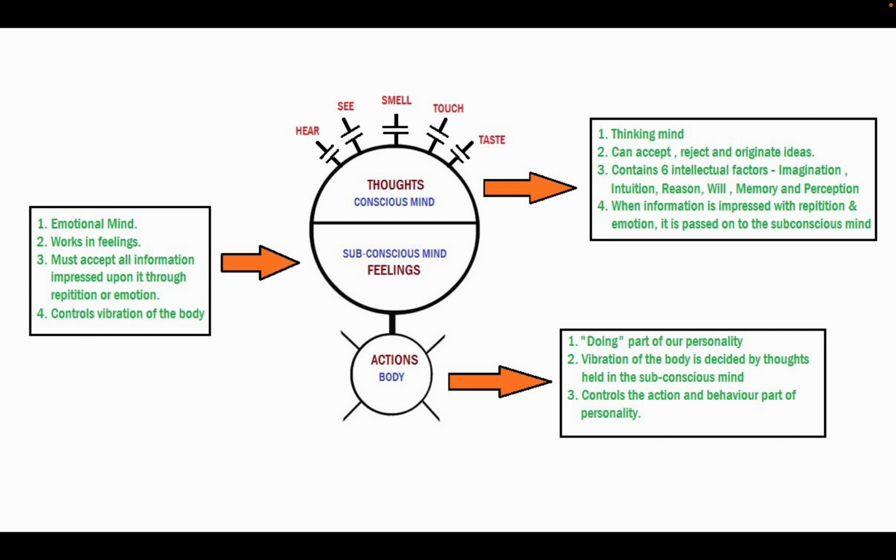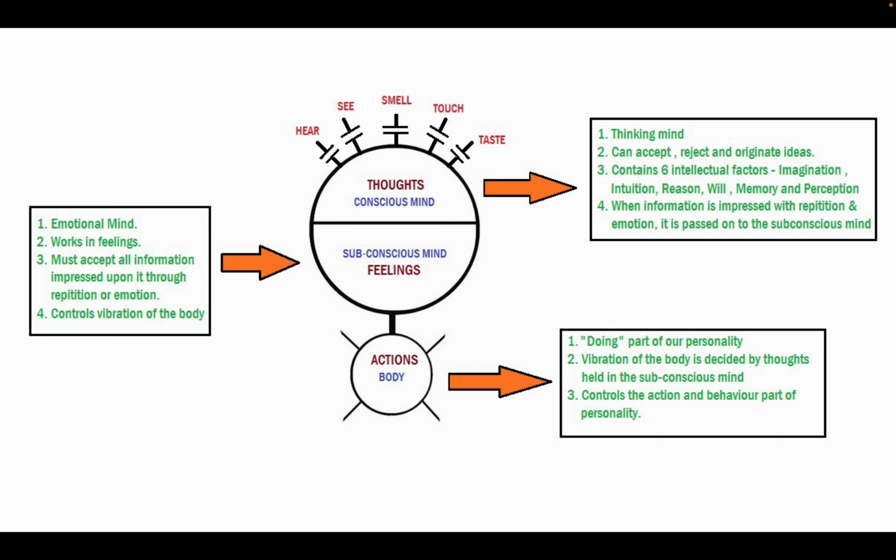Another example, to try to clear that up a little bit more, using a simpler example, is when we learn how to drive. When we learn how to drive initially, we're using the analytical brain, the conscious mind, because we're learning all the rules and regulations involved with learning how to operate a vehicle. But eventually, over time, it becomes second nature. We don't think about it because we do it so many times.